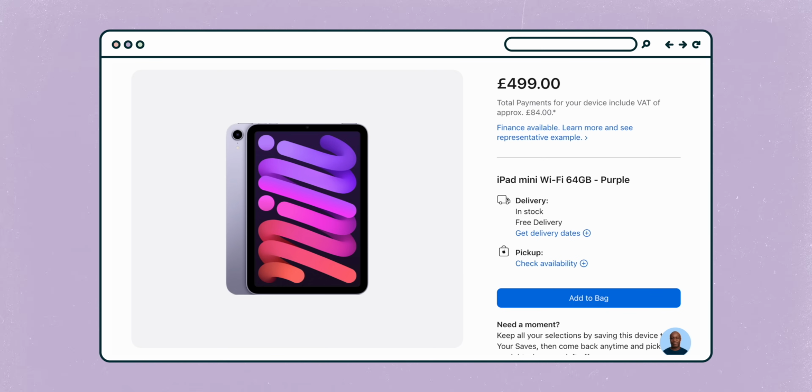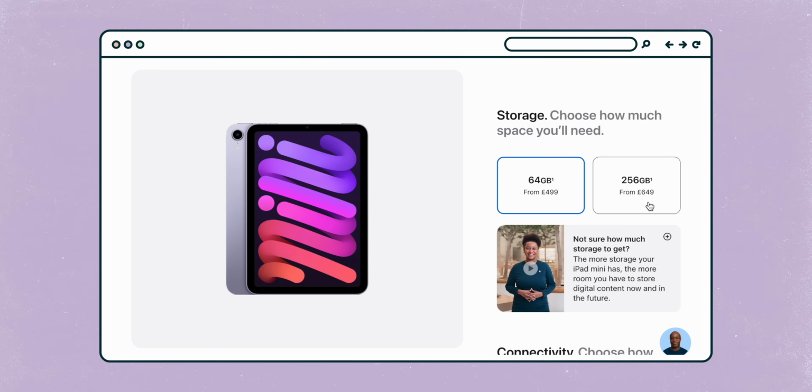This is a tiny iPad, and you can get some out there if you look on Amazon or something like that, but from Apple you're just getting the folio cases. I do think it's kind of expensive where it sits in the lineup at the moment. This iPad is basically £500 no matter which way you look at it, and if you want to add storage or anything, it goes up from there, and I don't think it's meaningfully better in any way than the entry-level iPad. It's also the oldest iPad Apple sell at the moment,